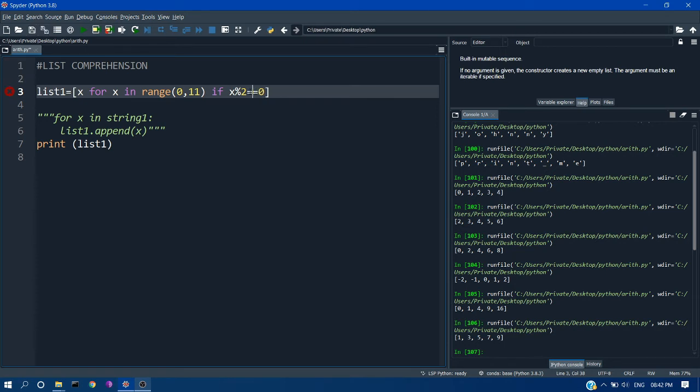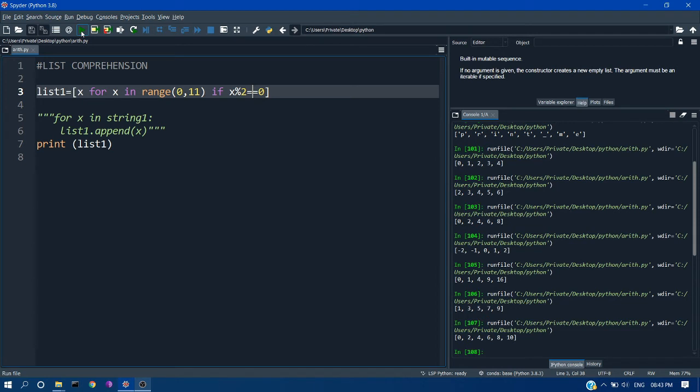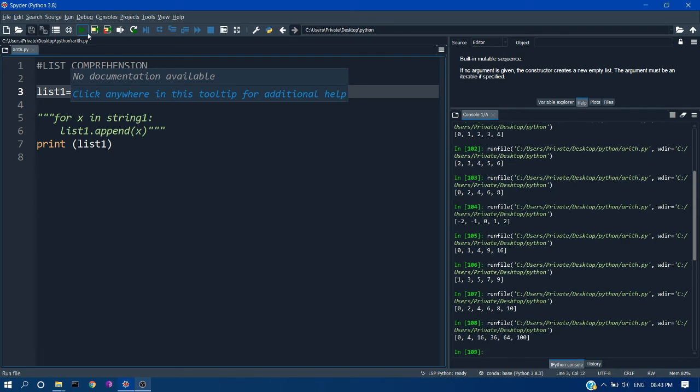If you want even numbers, you can directly switch to equal to 0. So using the if statement, we are only adding the even numbers to our list. Also, you can get the square of our even numbers by just putting x**2 in our list comprehension. Here you can see we are getting the square of even numbers.